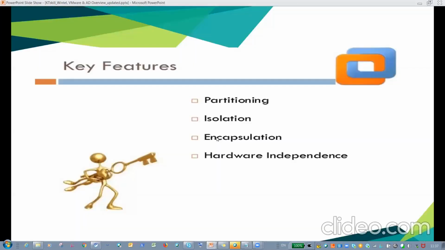Okay, if you think about the features of VMware, there are partitioning, isolation, encapsulation, and hardware independence. Partitioning. Why do we call it partitioning? In the VMware virtualization setup, there is partitioning. We can monitor the VM with the help of heartbeats.